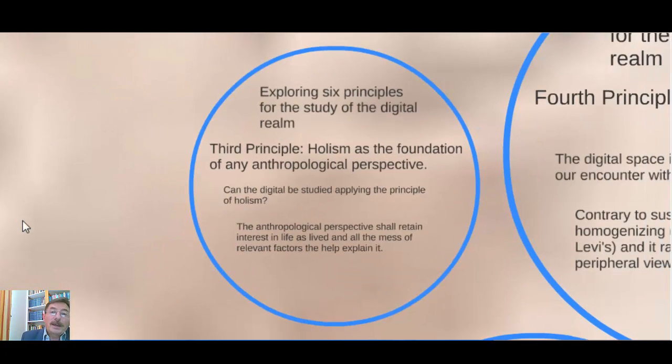A third principle that is important to consider. And if you've taken my classes of anthropology, you know that one of the characteristics of anthropology is that it's a holistic discipline. And when we say holistic, we say that we explore any phenomenon on its multiple layers of complexity. And we take from geographers, we take from psychologists, we take from physicists to try to explain why we do the things that we do. Well, it's no different in the exploration of the digital realm.